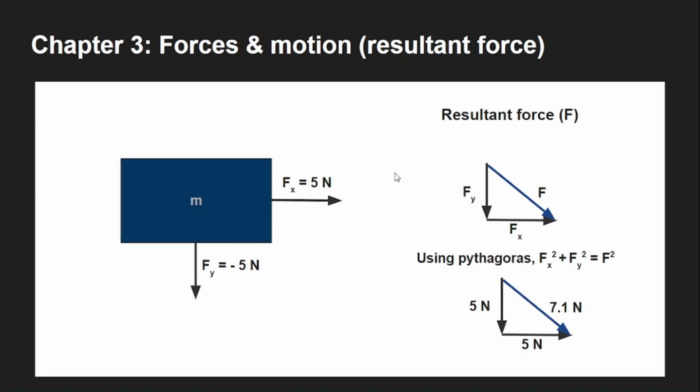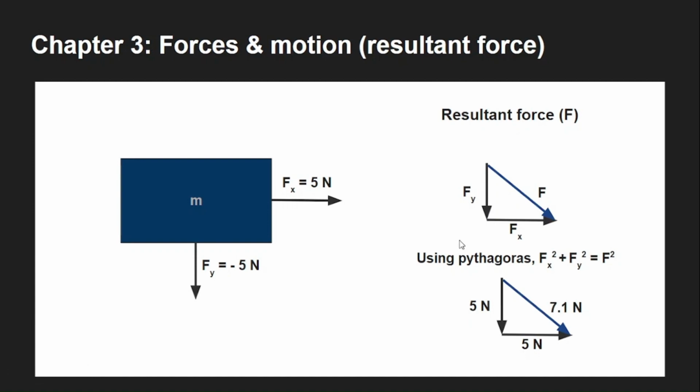The scale method is a straightforward method if you've got non-right triangles. For example, if these vectors were oriented not perpendicular to each other, but at an angle to each other that is not 90 degrees, then it's a good place to use the scale method. It's also useful if you're not comfortable using Pythagoras and trigonometry. All you need to do is establish a scale conversion and stick to it, and you should get the right values for the resultant force as well as the right angles. The method that I've used here, because we are dealing with two component vectors that are perpendicular to each other, hence forming a right